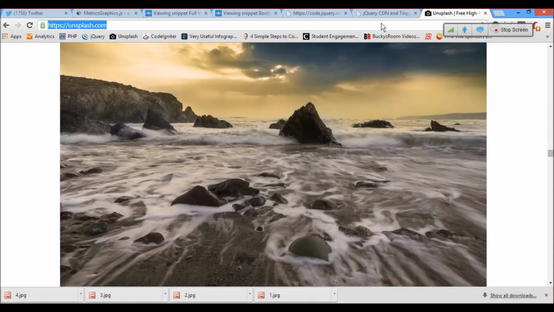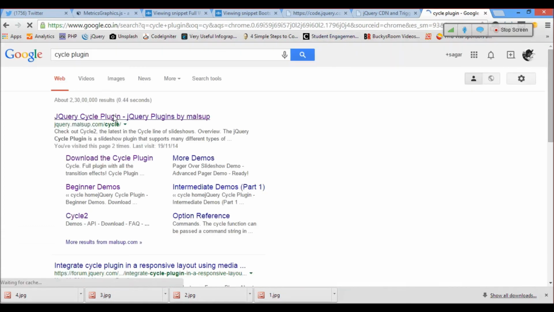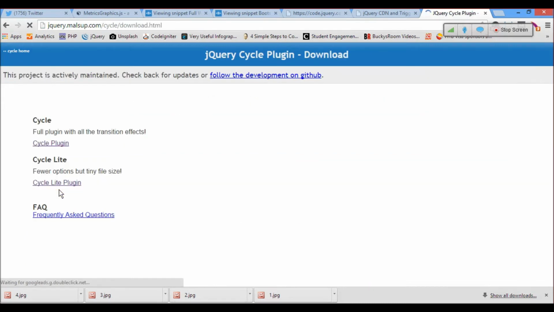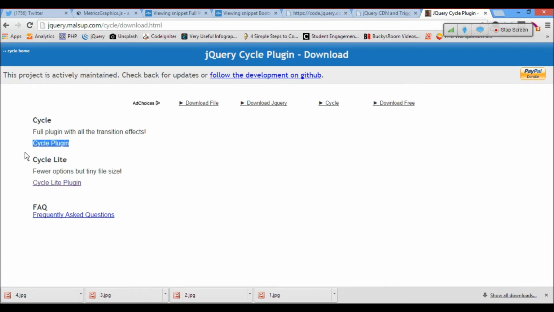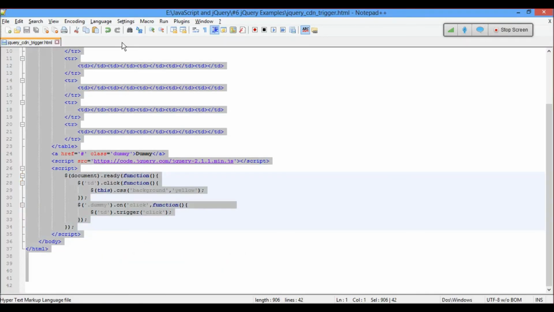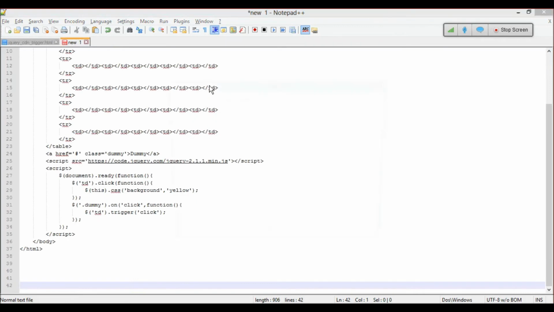The plugin I'm talking about here is the cycle plugin. It's right here. First you're supposed to download. When you click on download, always remember to click the full plugin. You see, even this is a CDN, right? It is not downloadable, it is somewhere else on the website. So what we do here is copy this, paste here, save.